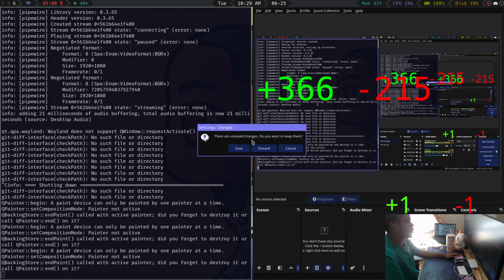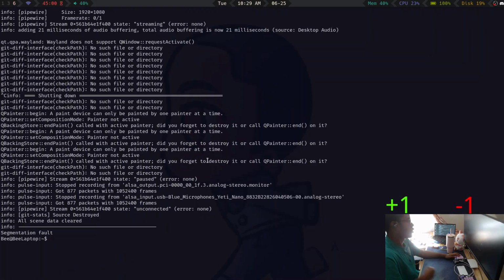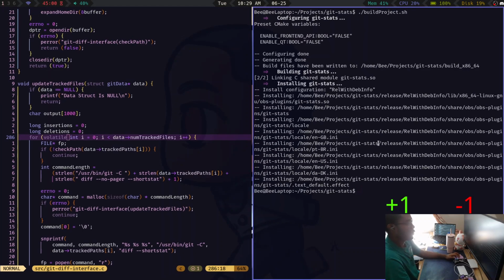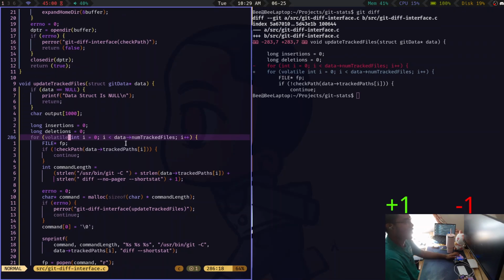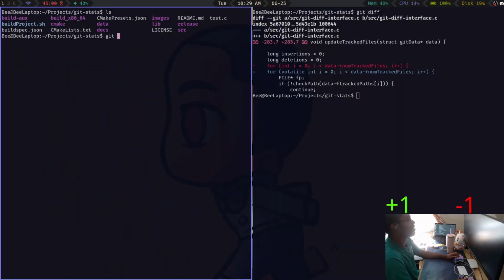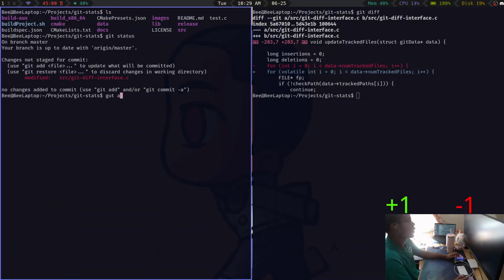Formatted looking nice. Okay, so let's go ahead and push that. I love that that's just the one change I had to do. Status, this should just be the one file, yep. Git add all, commit, debug fix for